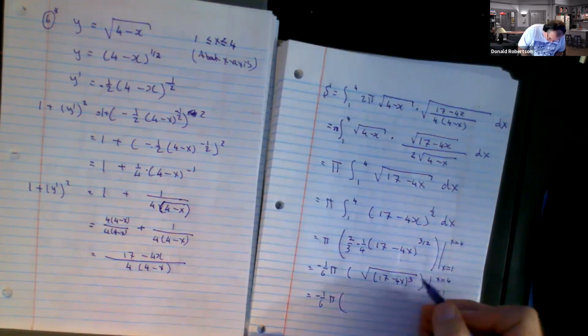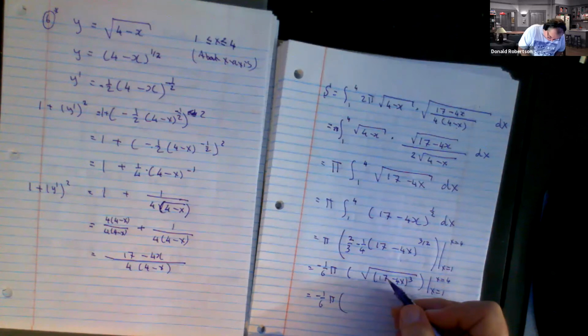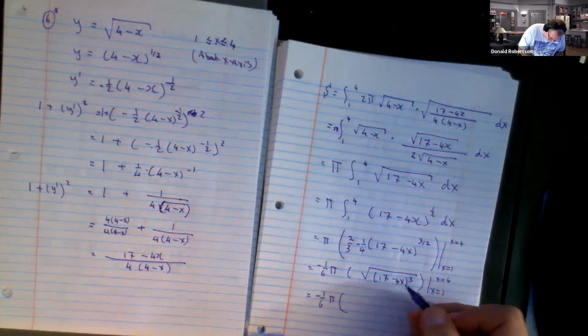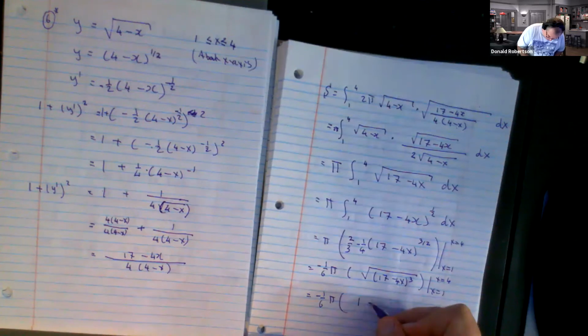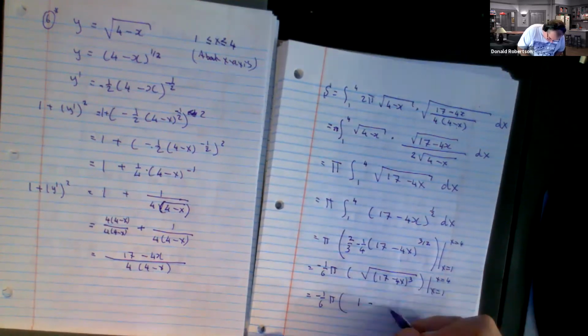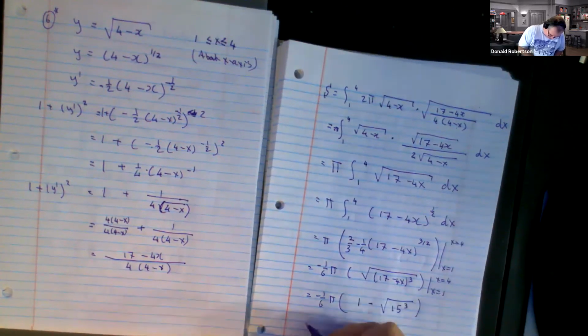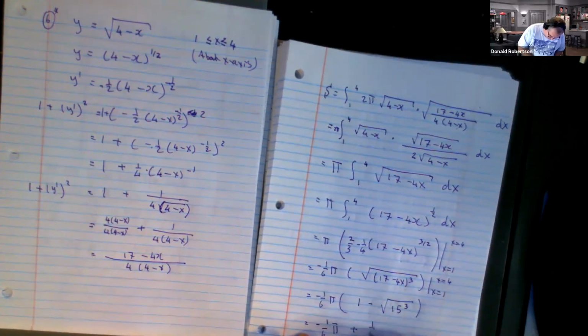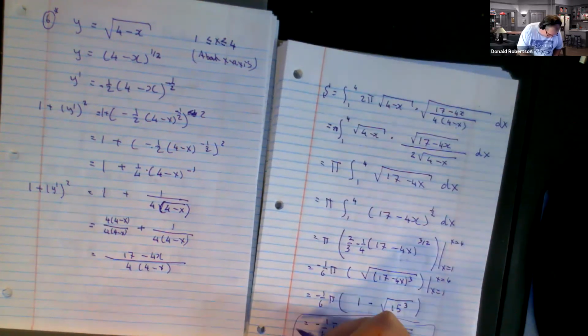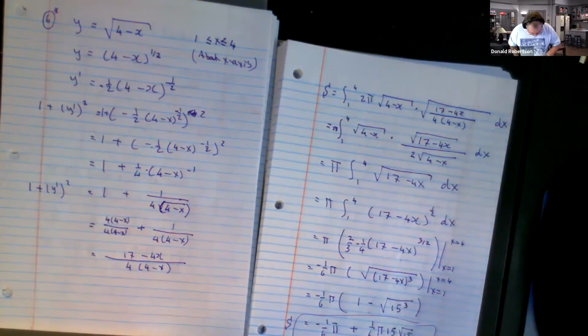If you plug in 4 here, you get essentially 17 take away 16, so it's 1. Cube root of 1 is 1. Subtract. If you plug 1 in here, you get the square root of 15 cubed. Now if I multiply this out, you get -1/6 pi plus 1/6 pi, and I'm going to call that guy 15 square root of 15. And there's my answer. And I could pull it to 6 pi, I guess. I didn't need to do that,